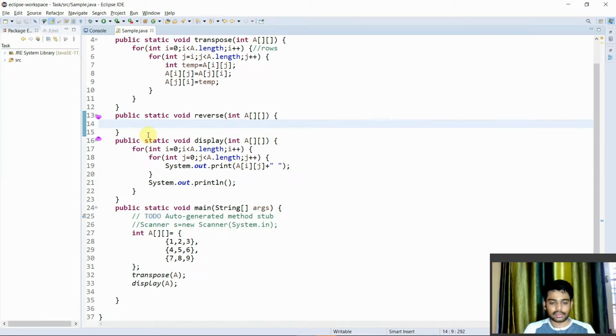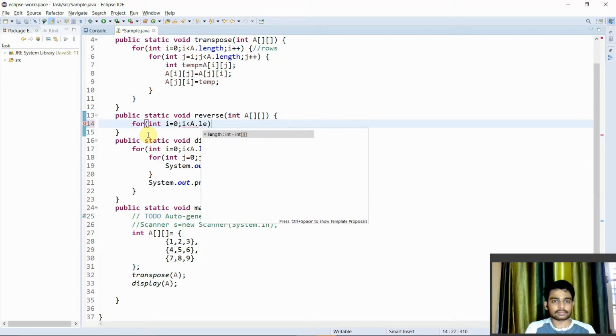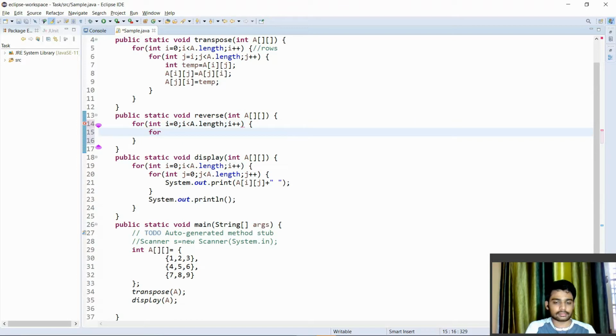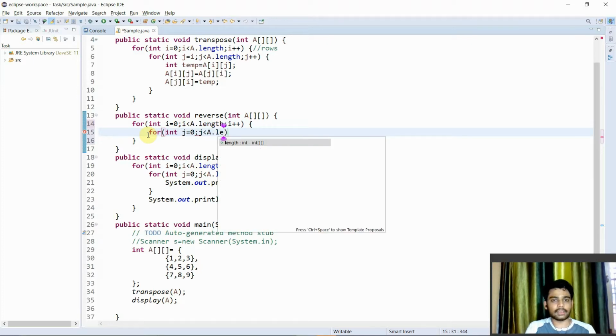That's what we need to do. So for int i equals 0, i less than a dot length, i plus plus, for int j equals to 0 and j less than a dot n.